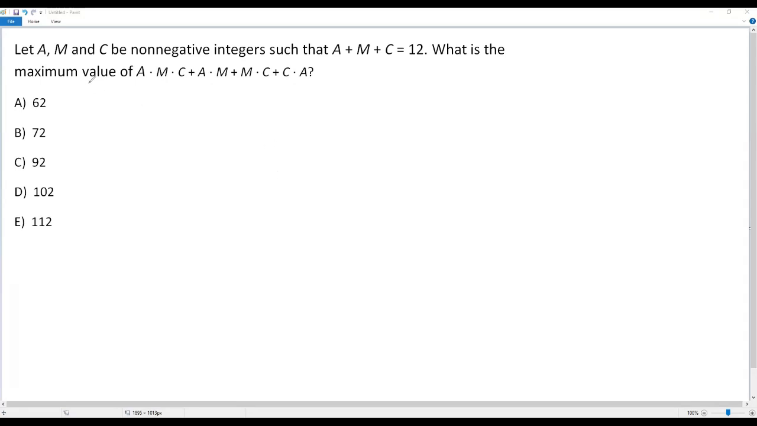Here we have an AMC math problem. Okay, let's go to the question. Let A, M and C be non-negative integers so that A + M + C = 12. What is the maximum value of A times M times C